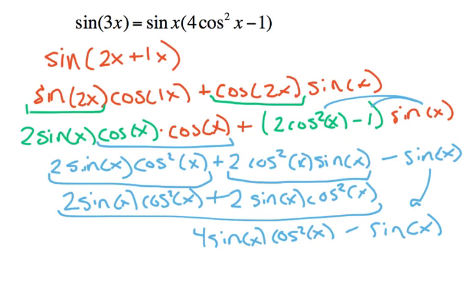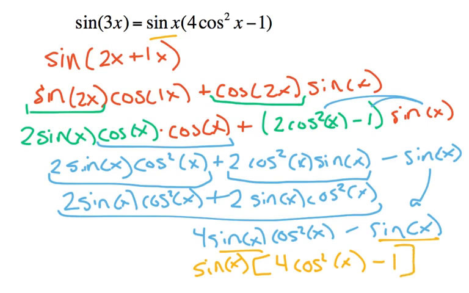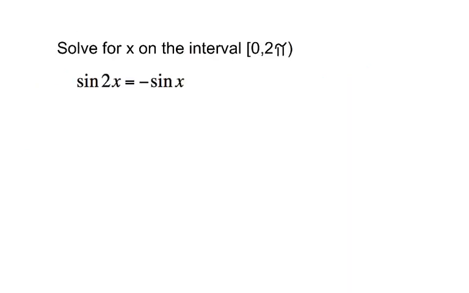Then taking a look at what we need for our answer, we're almost there. The only thing that is not happening is that we need this sine out front. So to take that sine out front, we're dividing it out of each piece. And so sine of x can get undistributed, and then we'll be left with a 4 cosine squared of x right here, and then minus 1, which is what we needed to get in the beginning. Alright,